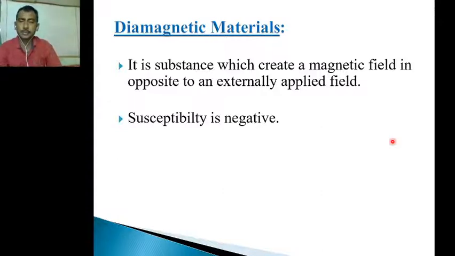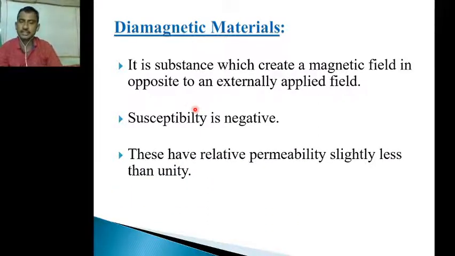So what is susceptibility? The susceptibility is the nature of the attraction or repulsion. If the nature is attraction, then the susceptibility is positive. If the nature is repulsion, then the susceptibility is negative. Here our diamagnetic materials oppose the applied field, so they have a repelling nature. That's why the susceptibility of diamagnetic materials is negative, and this can also be explained with the